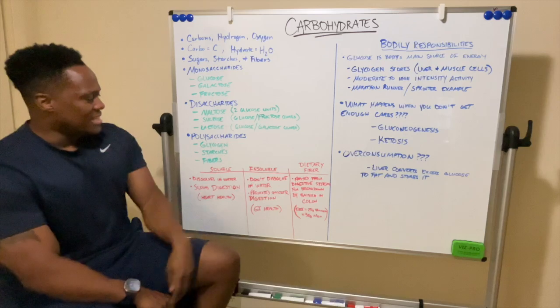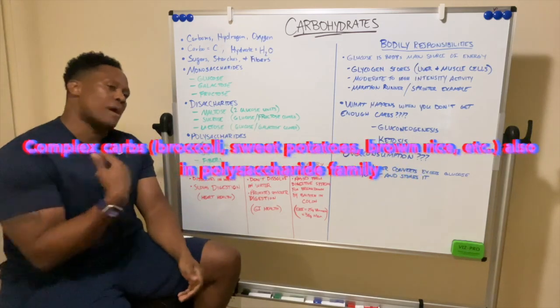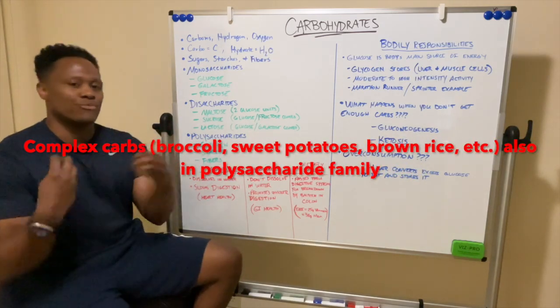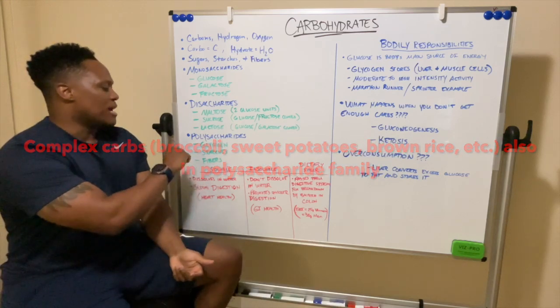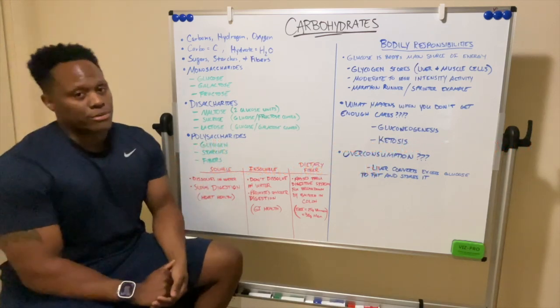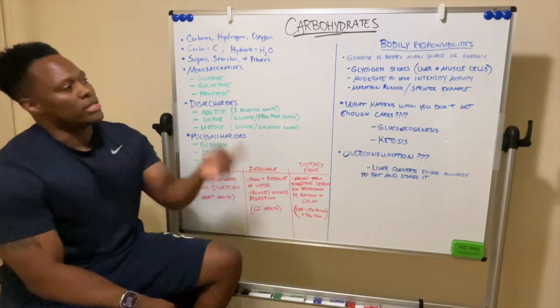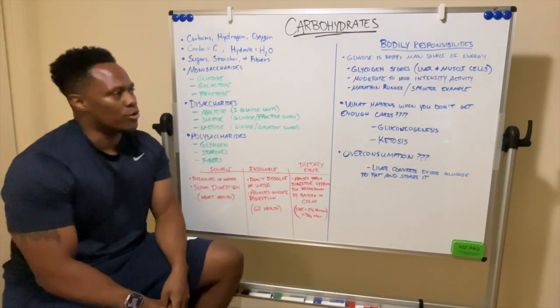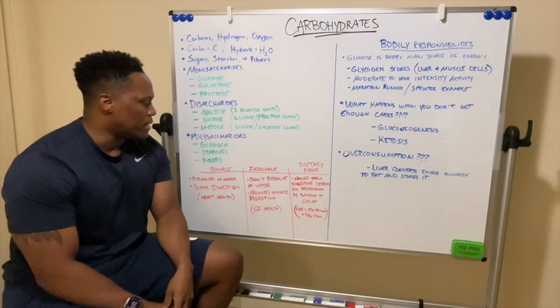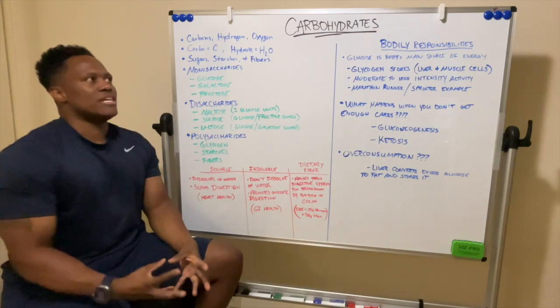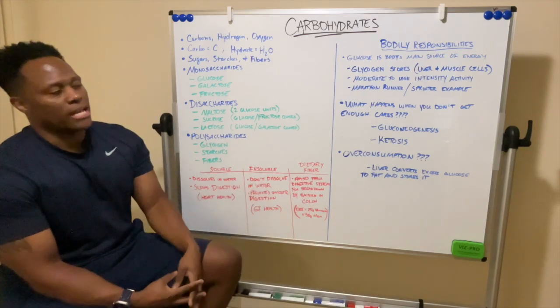Now you have polysaccharides, where poly is many. So these are many different sugars chained together. Now you have glycogen, starches, and fibers. Now glycogen, which I'm also going to touch on, it's on that side of the board as well. But glycogen, what essentially happens there, I'll just go ahead and touch on that now, I might as well.